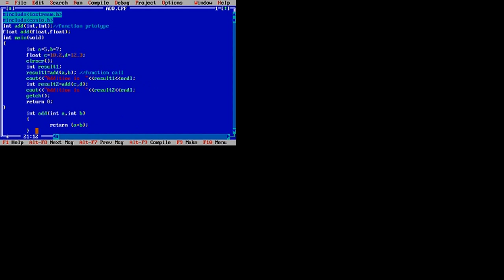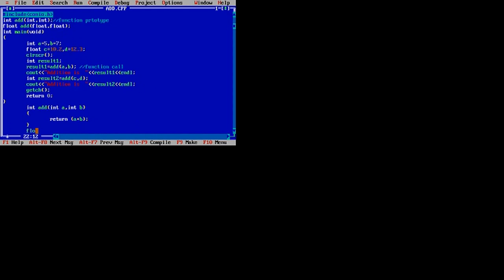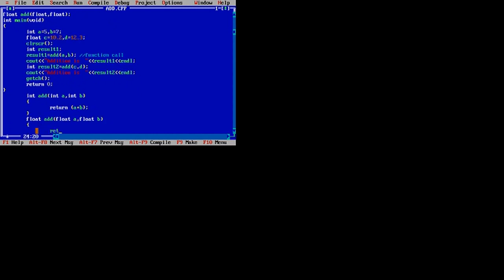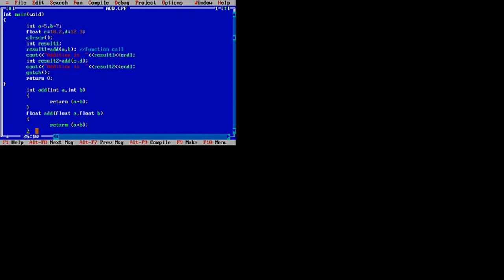Now not only do we need to call the function, we need to provide its definition also. So I need to have one more function with the same name, that is, the return type is now float, the function name is add, and the variable names don't matter, but not int, this time it is float. So float a comma float b, and now I can say return a plus b. Now the addition of the variables that we have passed should be a float value.